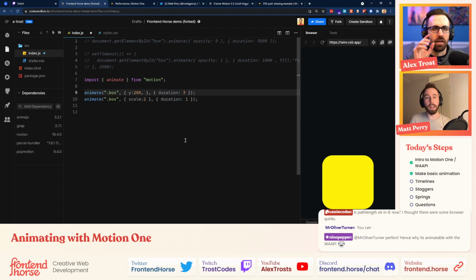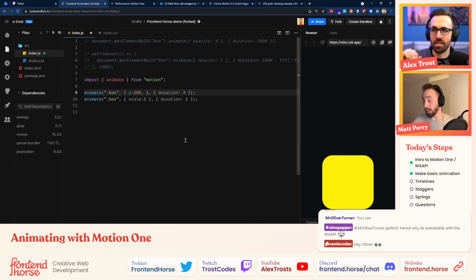Cool. Sorry, to completely derail and say timelines, forget it. No, I just had that and I didn't want to let that slip, just in case that was a gotcha. So timelines, you're saying it's just a sequence of animations? Yeah, but you can do this as well. So you've got a scale when you put scale back in that object there,